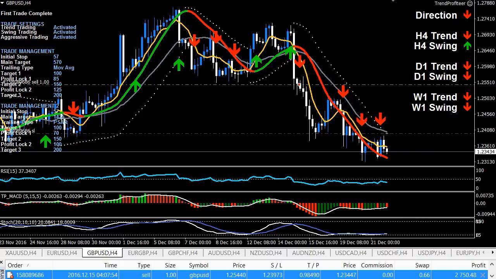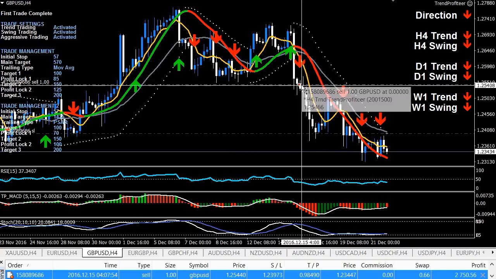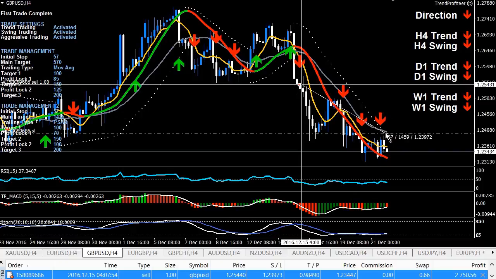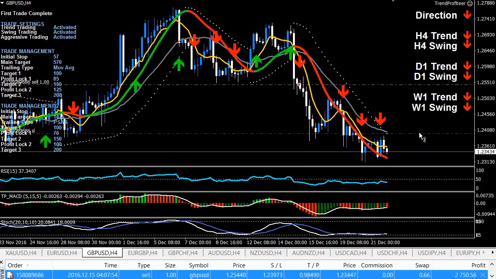Now, I'm hoping that it's going to still continue to go in my direction. A little bit of good luck never hurt anyone, including traders. So, right now, I've got luck on my side, but I've also got the market on my side. I've got just over 140, about 143 pips locked in as my stop trails the price